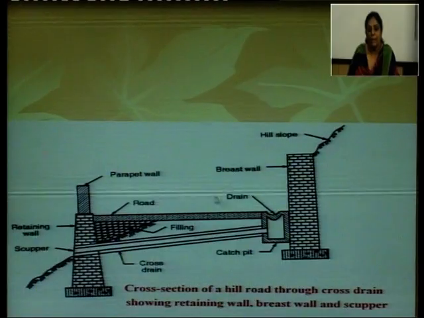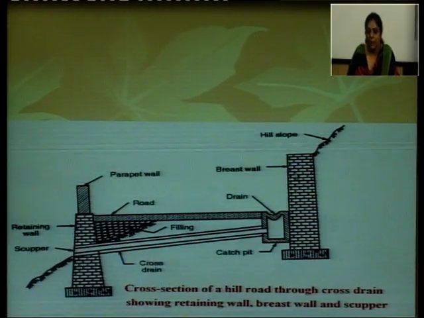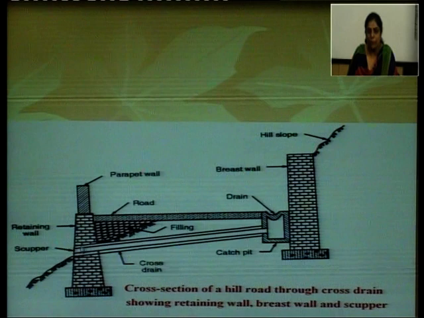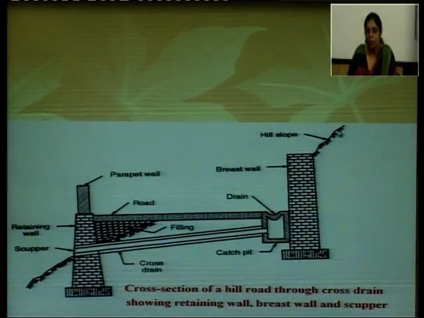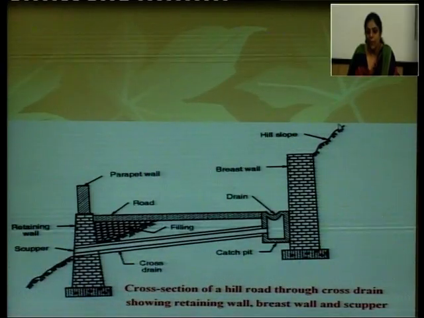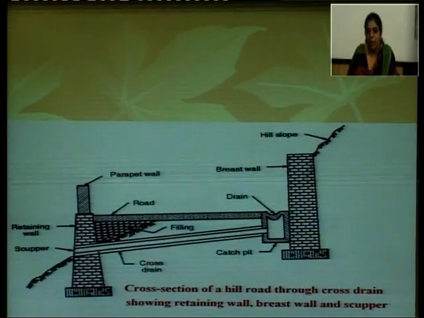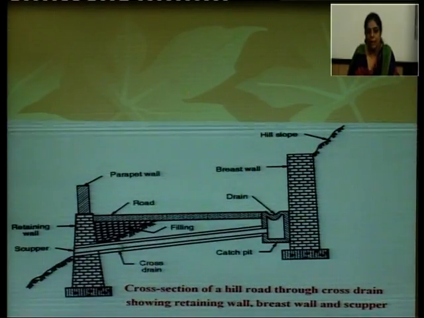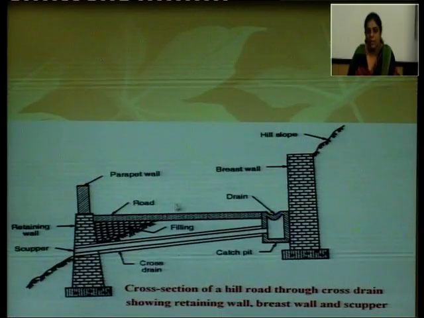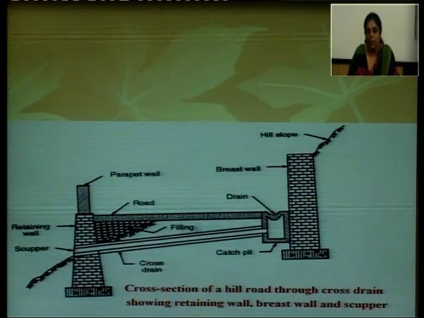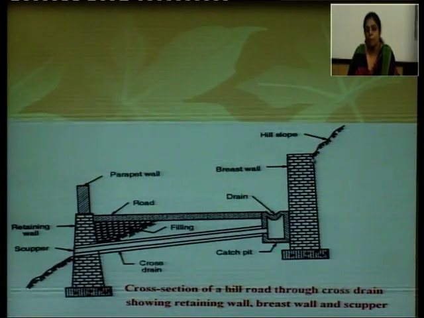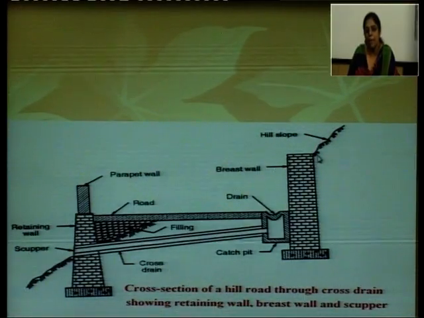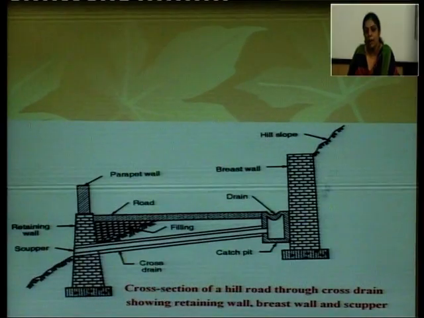Like here you can see that this wall, before we were talking about this wall, this is retaining wall, and now we are talking about this wall. This is the hill slope. As we come down the slope, here we had cut the slope, this part of the slope has been cut to construct the road. So, this breast wall is basically helping this part of the hill from coming